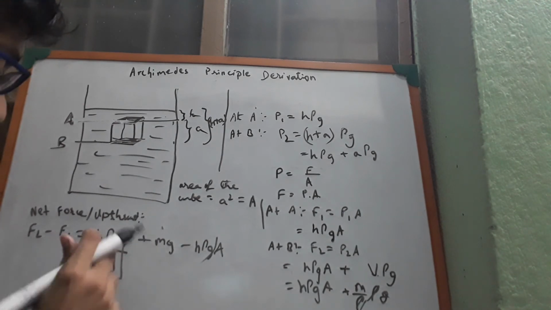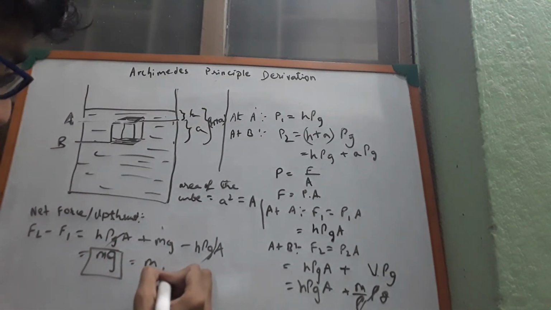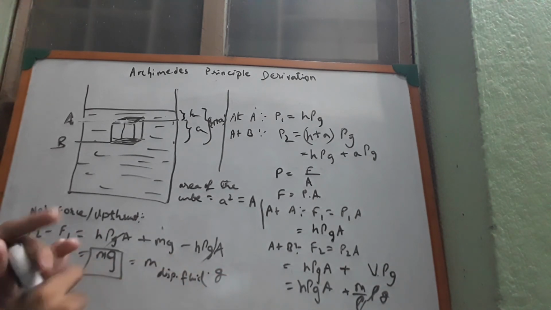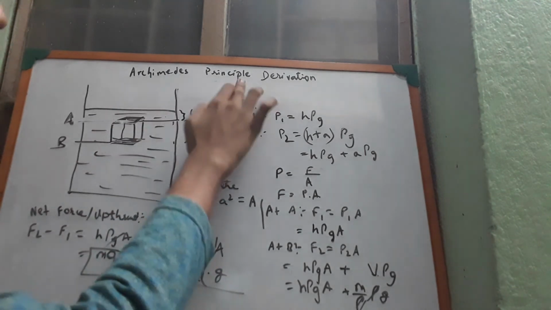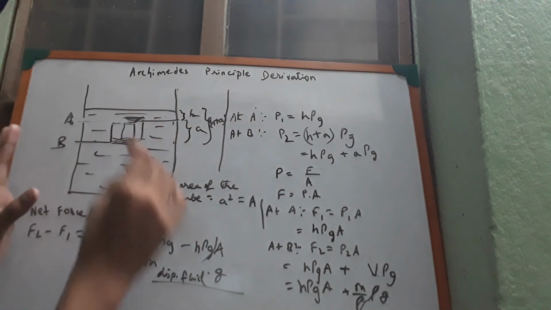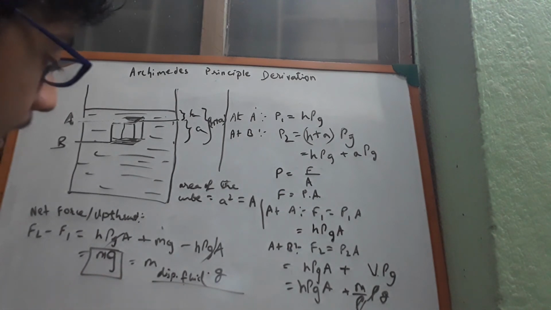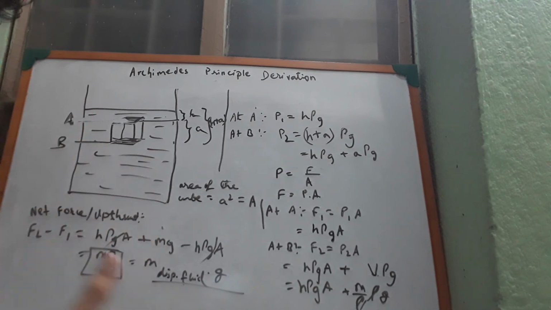So this mg is actually the net upthrust. This corresponds to the mass of displaced fluid times g. So this is actually the weight of the displaced fluid, and that's the derivation, right? So basically what the Archimedes principle is saying is that for any body which is partly or fully immersed, in this case we have assumed fully immersed, in not just water but any fluid, it can be water, even gas, the net upthrust exerted on the body by the fluid is just that force.